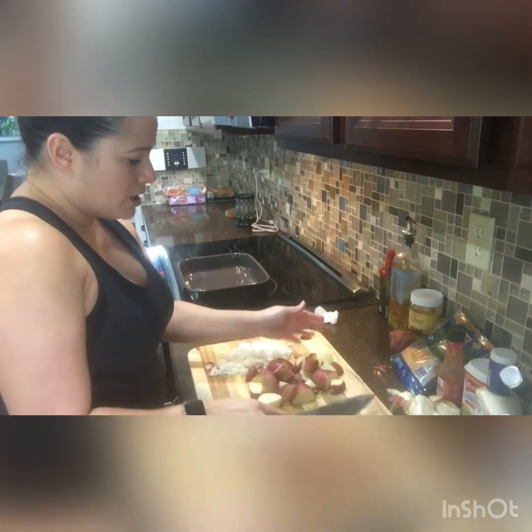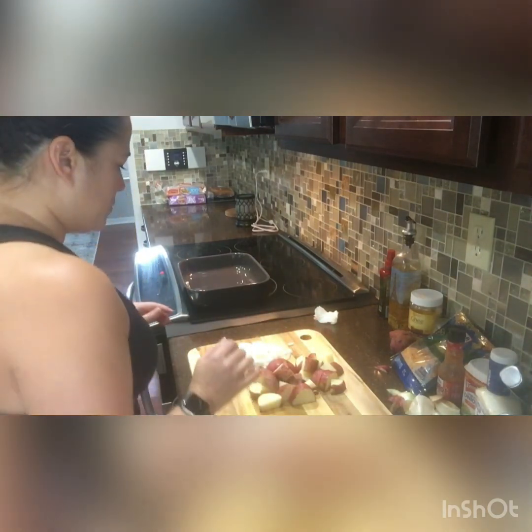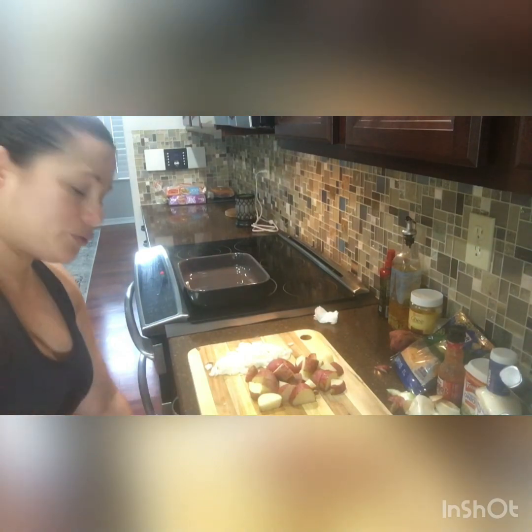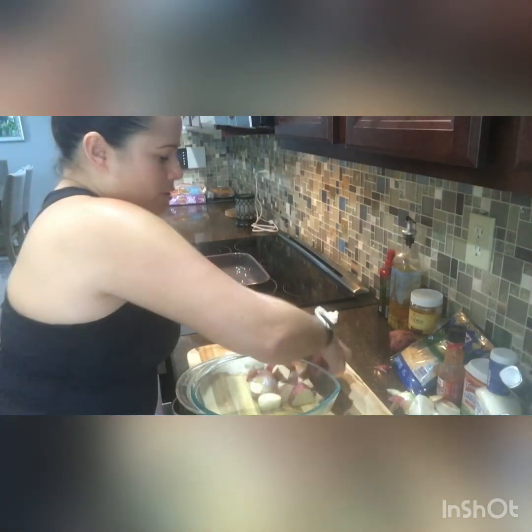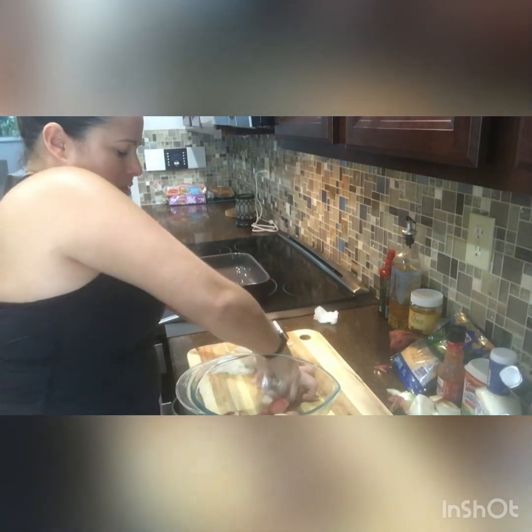My potatoes are cut already, so I will leave the chicken to be cut later, because now what we have to do is put them in a bowl. Put the potatoes in a bowl, and then we're going to throw them in the microwave, believe it or not, for about 8 minutes,